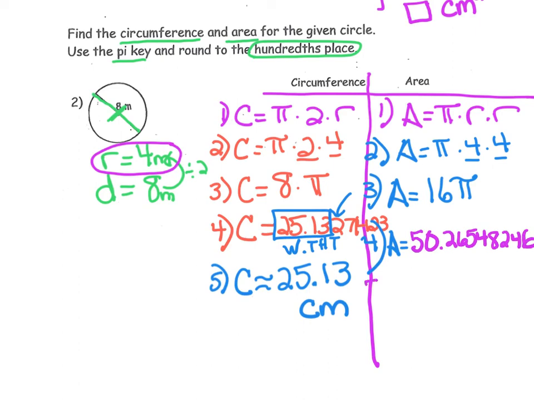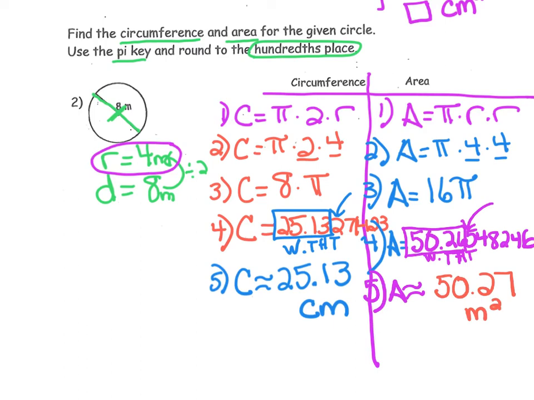Now, in order to finish the problem, we are going to round to the hundredths place. We are going to identify our place value. What dot the heck tray? We see the 6 is in the hundredths place. Let's take a look at the 5 right outside the box. And since it's 5 or more to raise that score, we are going to round our final answer to 50.27